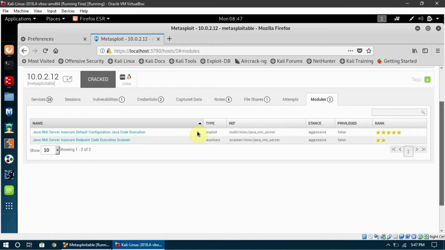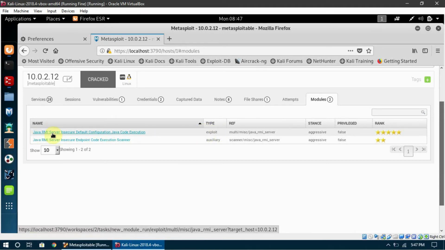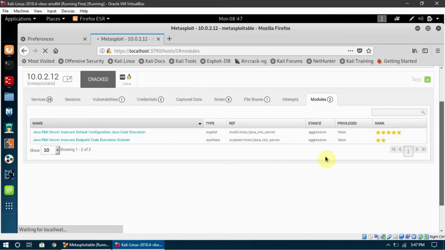But right now I'm just going to click on this, and it is telling us that this is a Java RMI server vulnerability, and it is a code execution vulnerability which allows us to run our code on our target. So I clicked it here, and it will now open up more detailed information about the vulnerability to us.